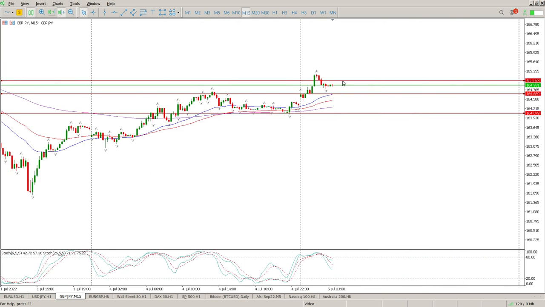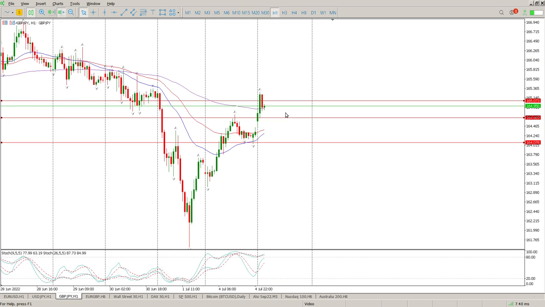So I'd want to see a rejection of this level, not something like that. I want to see a clear pin bar on this level, or sort of an inside bar, engulfing bar right on the level. That would convince me that we have an opportunity to the downside. And the first level is going to be 164.076. Drop below that, then we can switch back to the hour, and this should continue to the downside quite